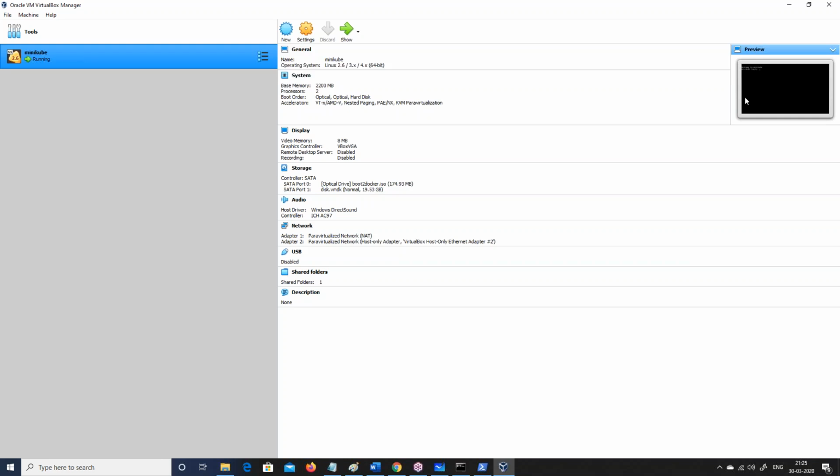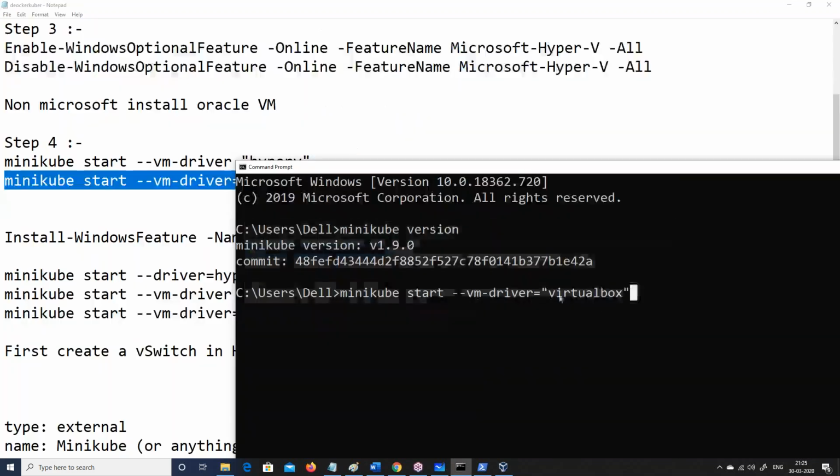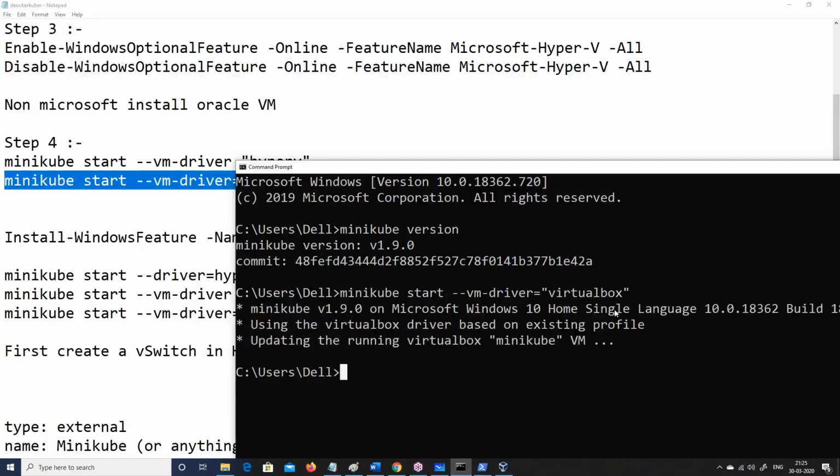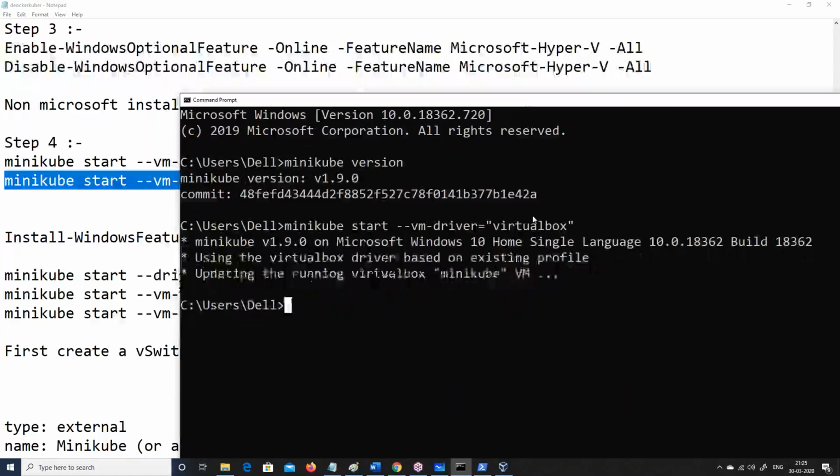So I'm not going to go and run that Linux thing out there, but you can see that it has done this automatically. When you actually go and run this, you can see that it is now updating the Minikube version, and then it will install things, right? So that is the step 4.